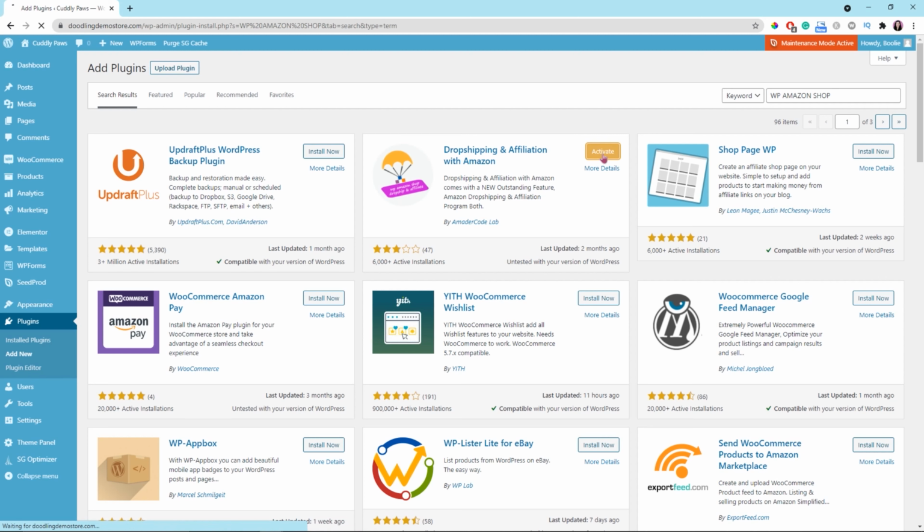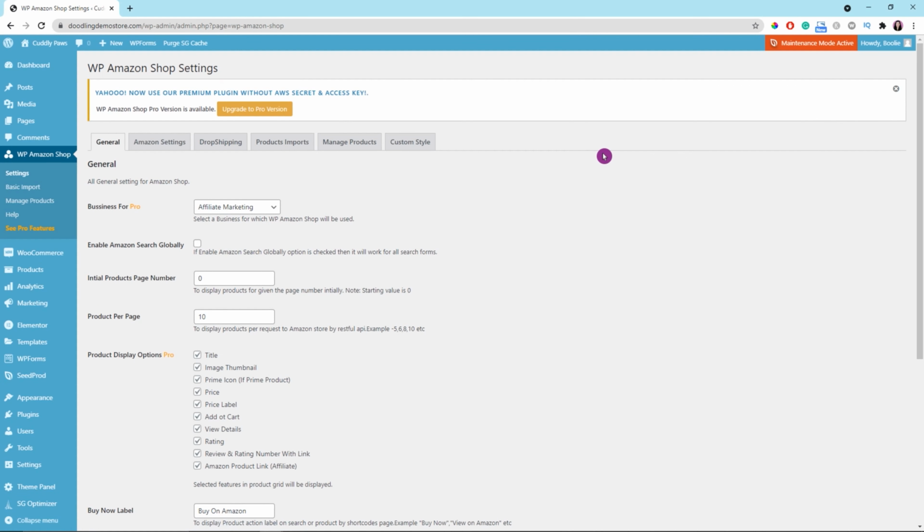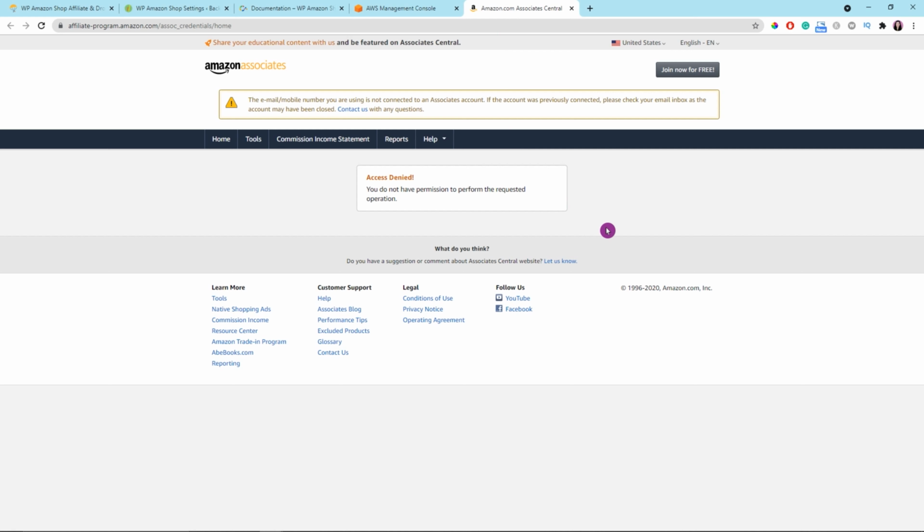Once it's done activating, you will be redirected to the plugin general tab for general settings right here. Before we can proceed with all the configuration, we need to make sure that we sign up for an Amazon associate account or an Amazon affiliate account. My account was just closed out because if you don't make 3 sales within 6 months, they will close down your affiliate account. So all you have to do is reapply again by clicking the join now for free,